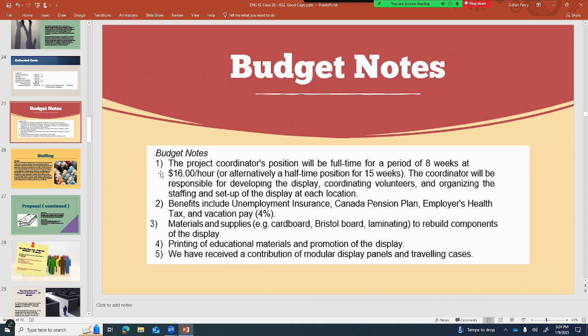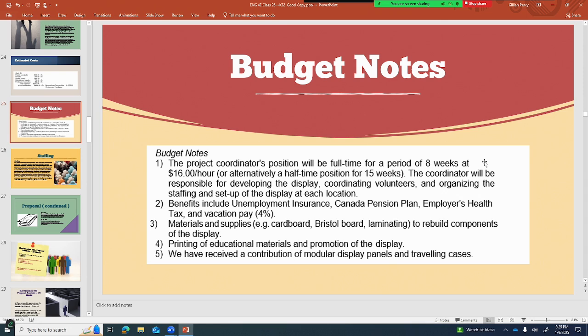Budget notes. Number 1, the project coordinator's position will be full-time for a period of 8 weeks at $16 an hour, or alternatively a half-time position for 15 weeks. The coordinator will be responsible for developing the display, coordinating volunteers, and organizing the staffing and setup of the display at each location.